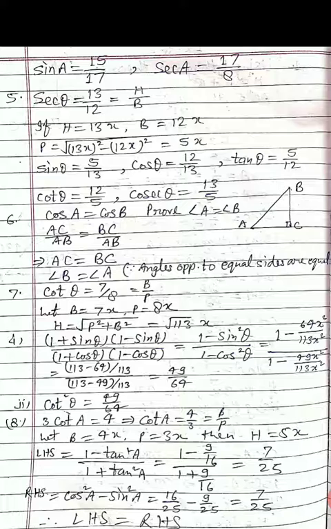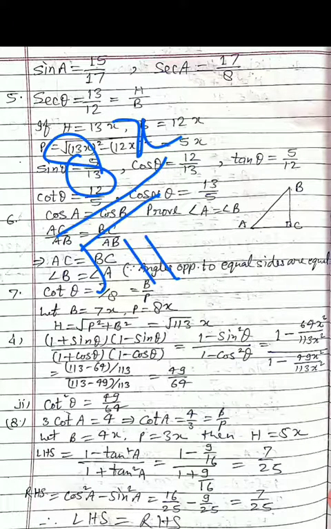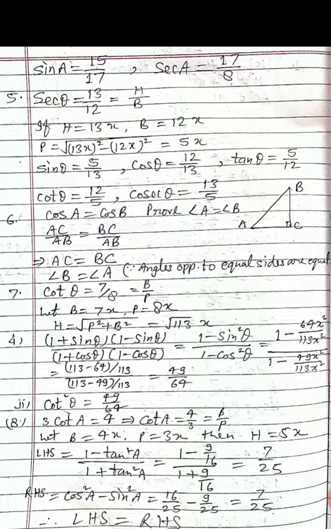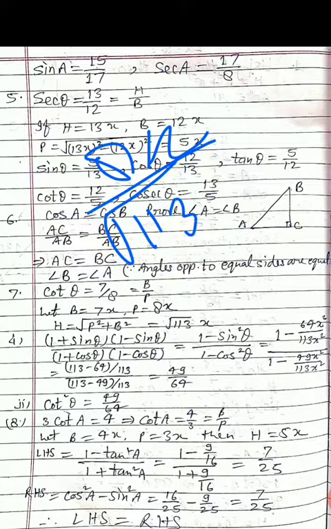Now putting the values, 1 minus sin square theta. Sin theta is p upon h. So perpendicular is 8x and h is root 113x. अभी हमने क्या किया, इसको स्क्वायर किया हुआ है. मतलब हमने रखा 8x upon root 113x और इसका होल स्क्वायर किया. तो होल स्क्वायर सॉल्व करेंगे. 8 का स्क्वायर कितना हुआ 64x square upon root 113x का स्क्वायर 113x square. Now 1 minus cos square theta.